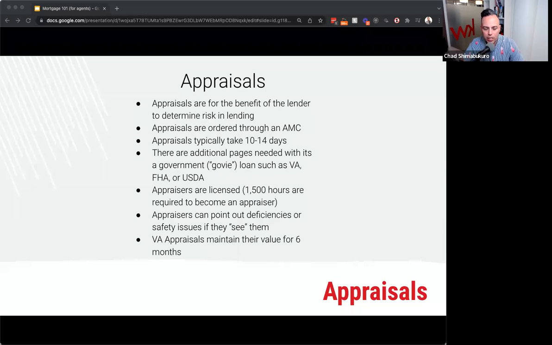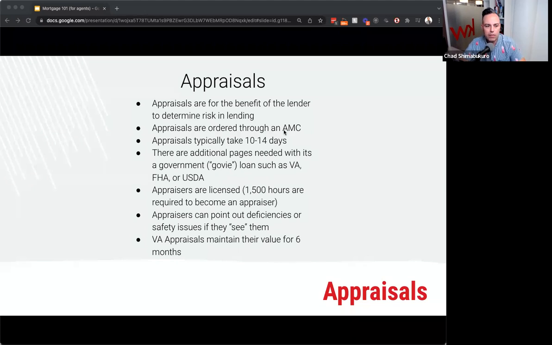So now any bank, credit union, lender, mortgage broker, whatever it is, goes through an AMC, which is an appraisal management company, and they'll say, I need an appraisal on this day, and this is the address. And the AMC, a separate company, is going to pick a pool of, it could be hundreds of appraisers that are licensed with them, and they assign a random appraiser that you don't know, nor did you select or pick. I mean, it could be someone that you've done business with before because it's a small island and a small industry, but there's no requesting of individuals. So that process is handled through what we call an AMC.